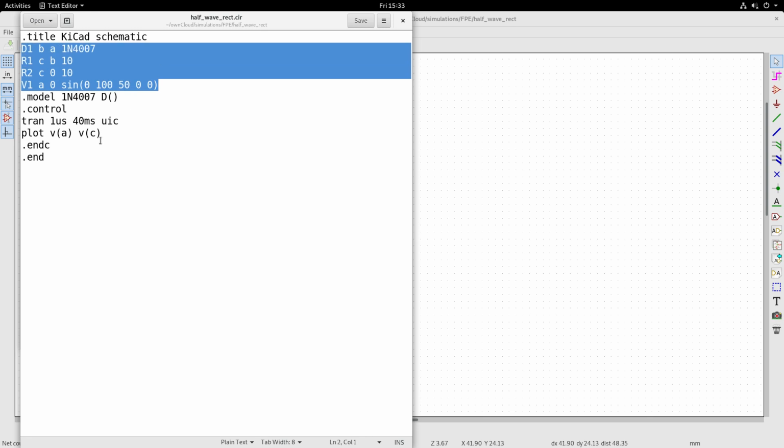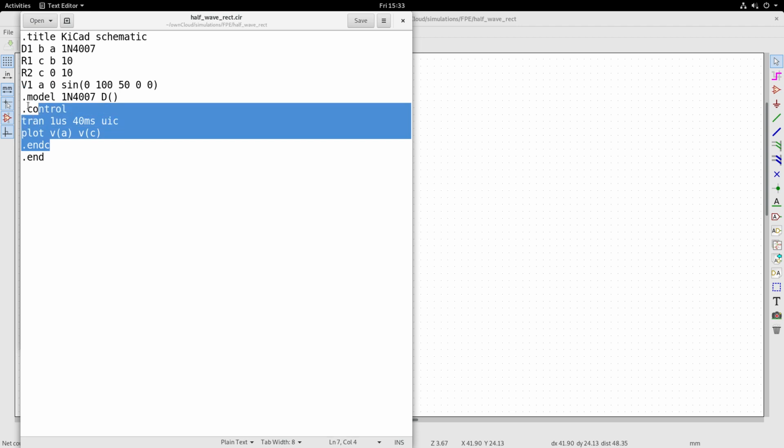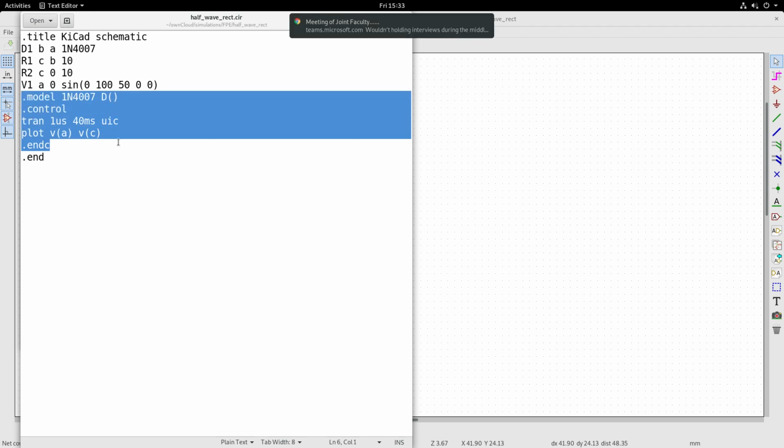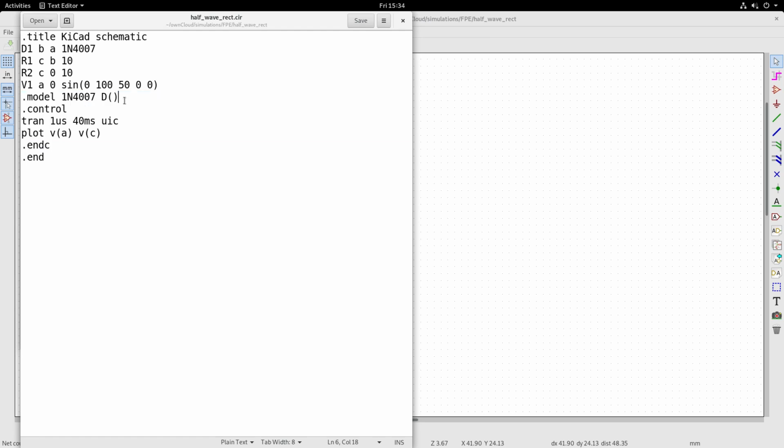Then you see here an interesting thing. All that we put in the text as a comment label is appended at the bottom before the dot end, and this is very useful for us because that information is now already there. I don't have to type it in. This .cir file is directly amenable or compatible with ngspice, and in the dot control we have all the required control statements for ngspice. So this we can directly simulate.